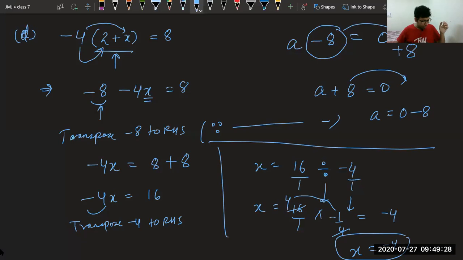Now let me take question number 3. Jitesh, I got it, but why are you getting plus 4? Please check. It should be minus 4. Sir, can the variable be minus? No, beta. The variable should be plus only. We cannot take the variable as minus x. Okay. Please repeat this one.